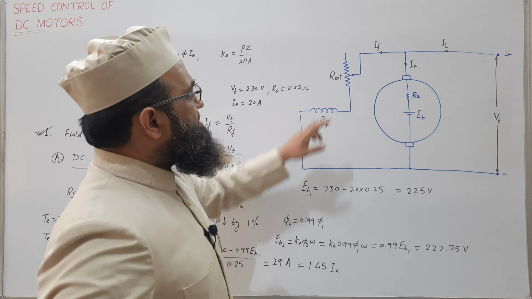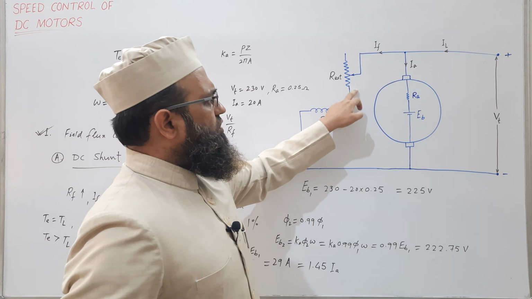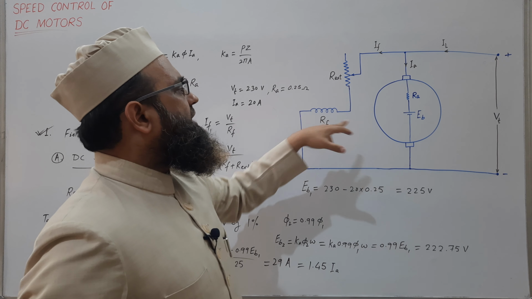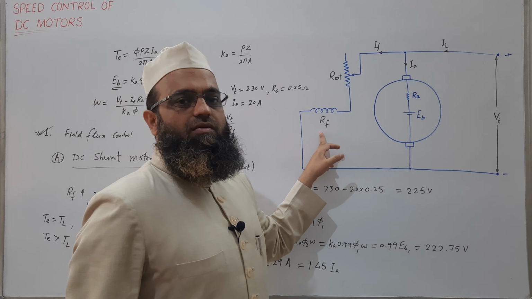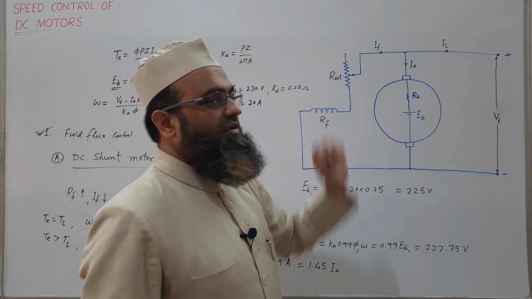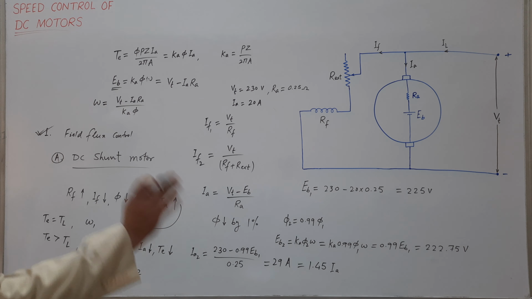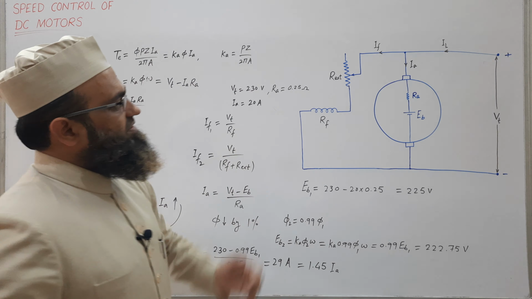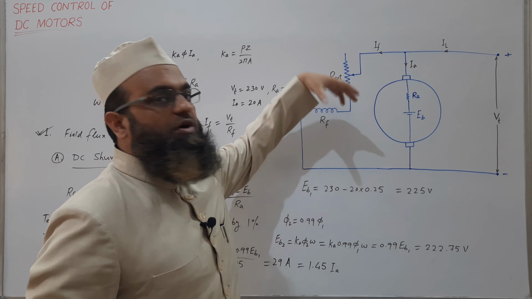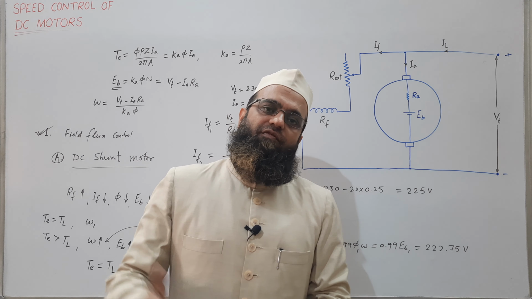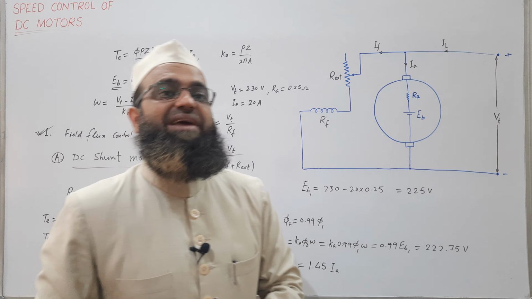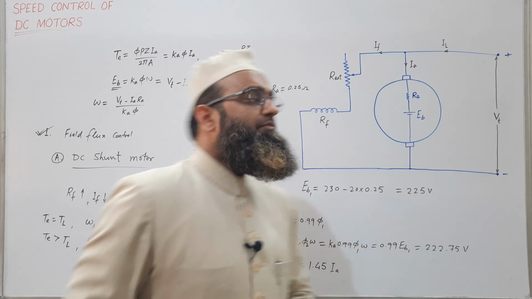What would be the minimum value of REXT, the external resistance? Zero. We can cut out the external resistance. Corresponding to that, this will be the rated value of shunt field winding resistance. So corresponding to this rated RF, IF will be rated, phi will be rated, and speed will be rated. In this control, we can conclude that by varying external resistance from 0 to some higher value, speed can be increased from its rated value, also known as base value. Rated speed is also known as base speed. So from base value to some higher value.